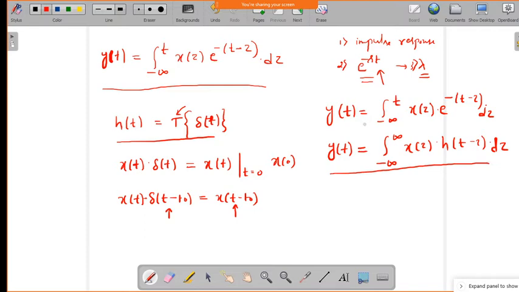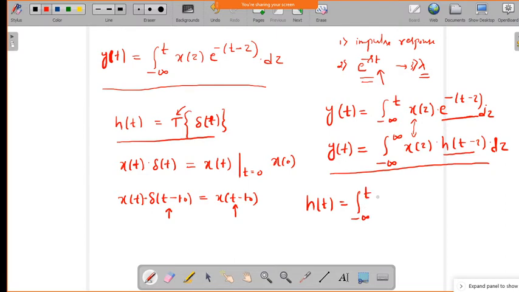Now if you compare these two equations, what will we come to know? The x of tau is the same as the input, and the impulse response is this one, is it not? So we can write the impulse response h of t as the integral from minus infinity to t of